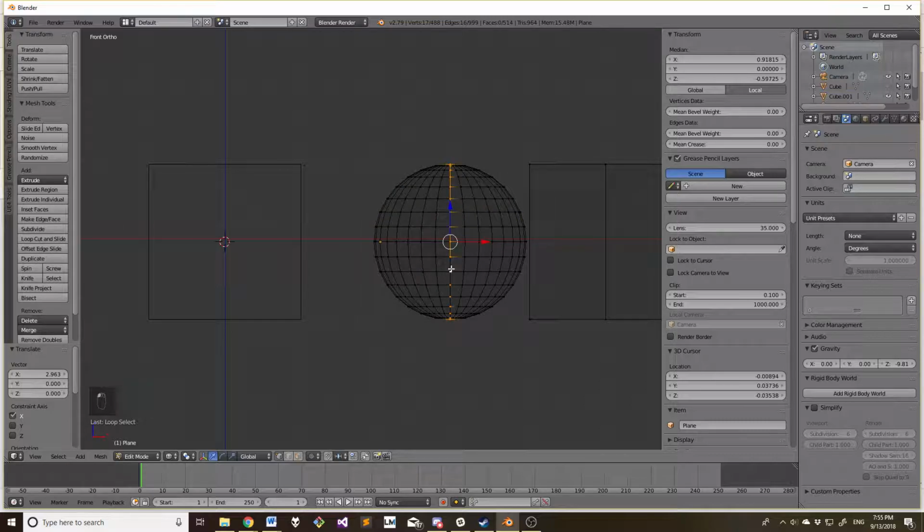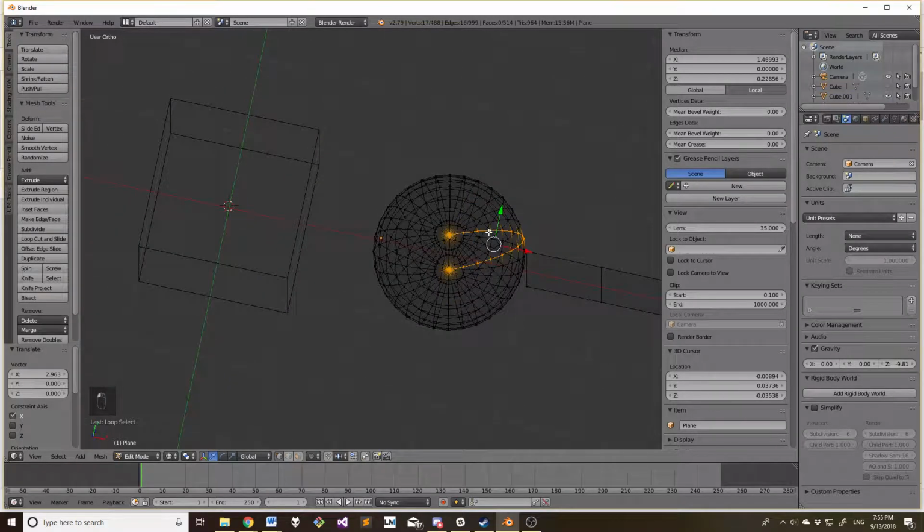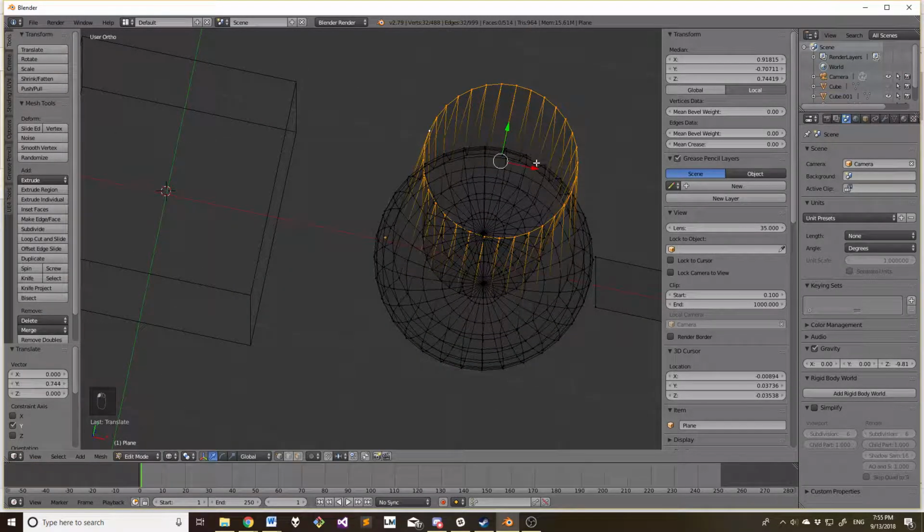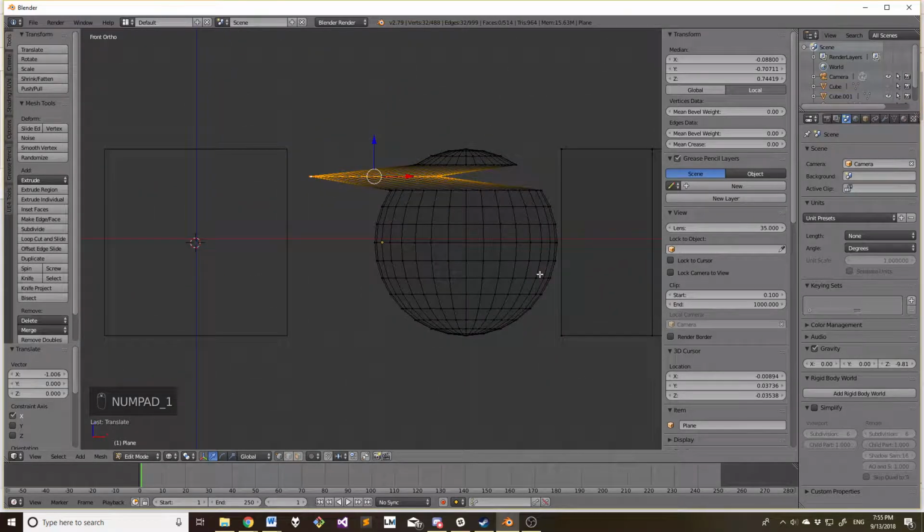I don't know why Alt is not appearing on the keys, but that's what you do. You hold Alt and left click to select a loop. Then you can move that loop whenever you want, however you want. You can rotate that just like anything else. G is for translations. And if you want to rotate, R, for example,